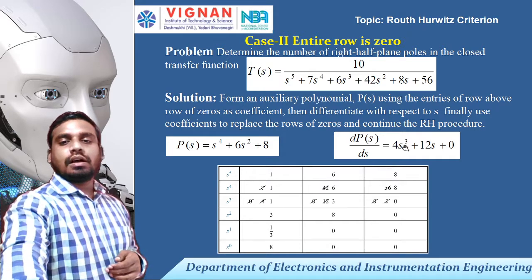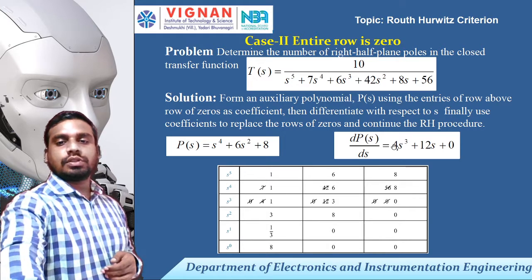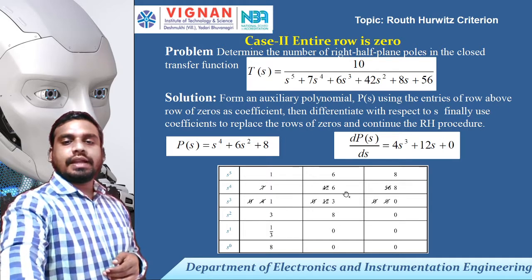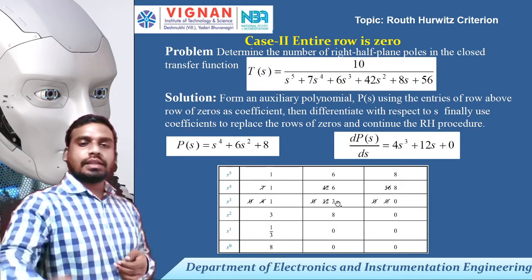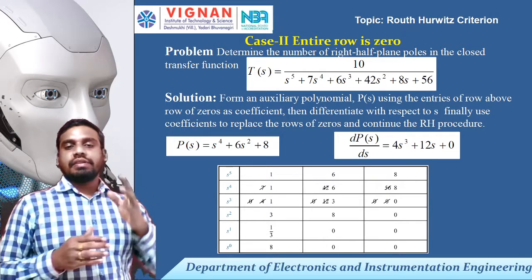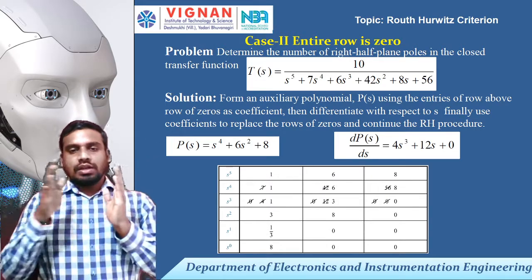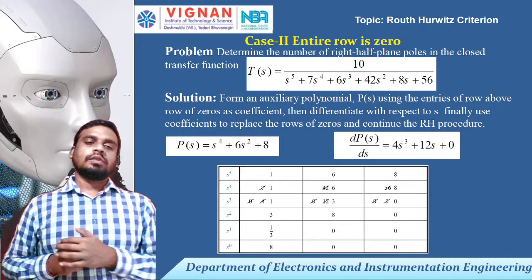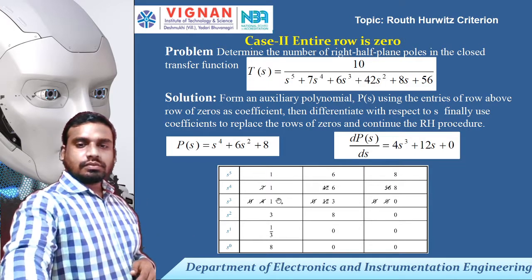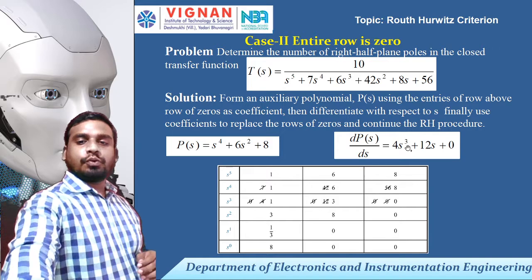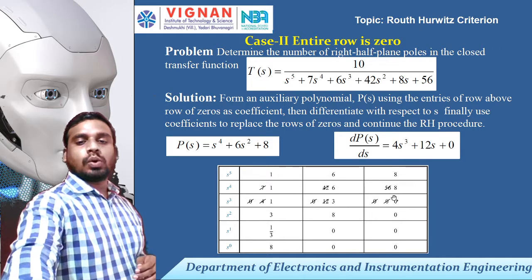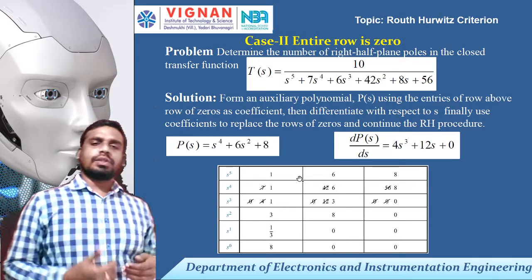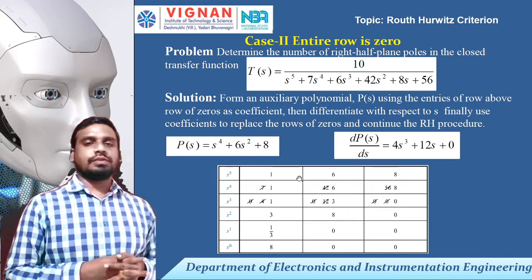Since 4 is a common factor of each of them, you can cancel out 4: 4 ones, 4 threes. So 1 and 3 are the new elements. See in the table, what I am showing is the first step to the last step from left to right. Initially, you got zeros for all elements. Then what you got is 4, 12, and 0. So factorize, we get 1, 3, and 0.